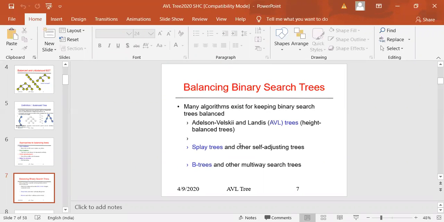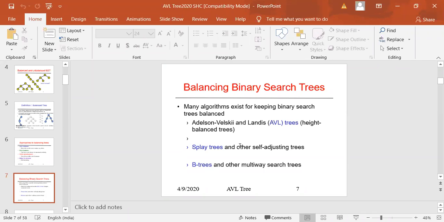So it is a pretty good balanced tree, meaning it is not a strictly balanced tree. It is also not self-adjusting, meaning the user has to take care that the tree is balanced after insertion and deletion by doing the different rotations. Splay trees and others are called self-adjusting trees, which is possible.